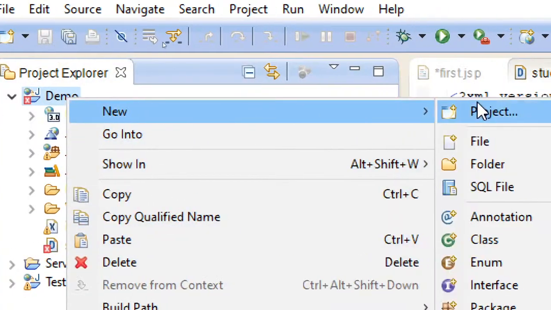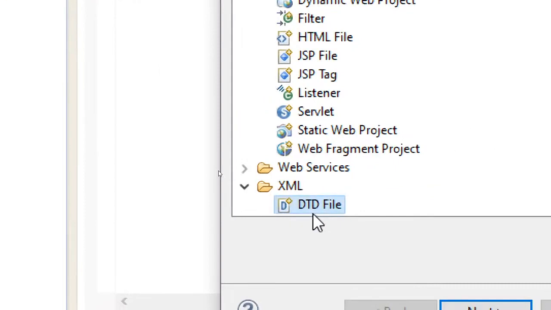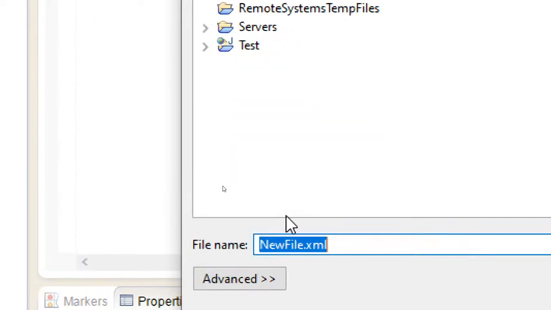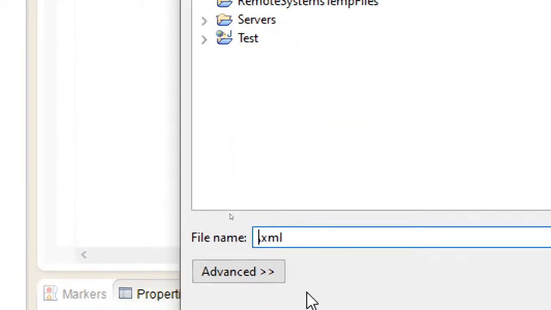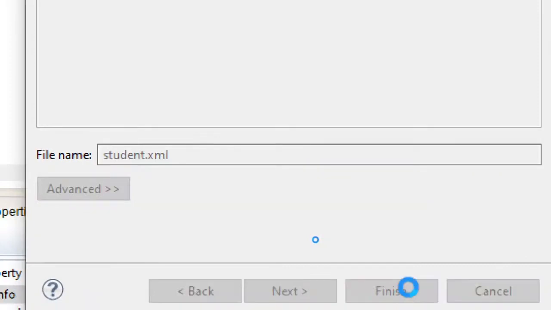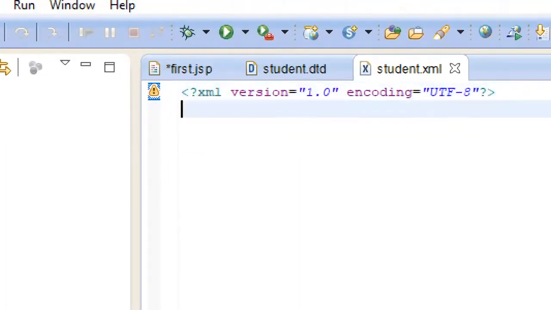So new, and then go for creating an XML file for that particular DTD. So XML file, and here I'll use the same name, student.xml, and then click on finish. Here again the version is anyway there. Now we will try to use that particular DTD which we just created. For that you will be doing the same way again: doc type